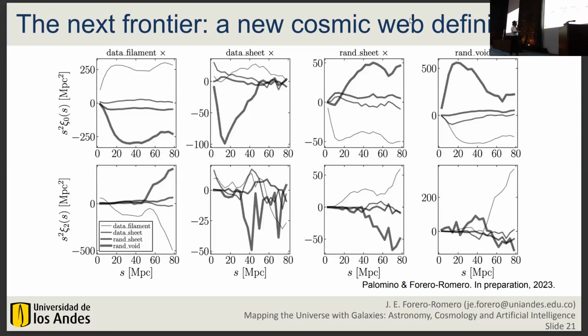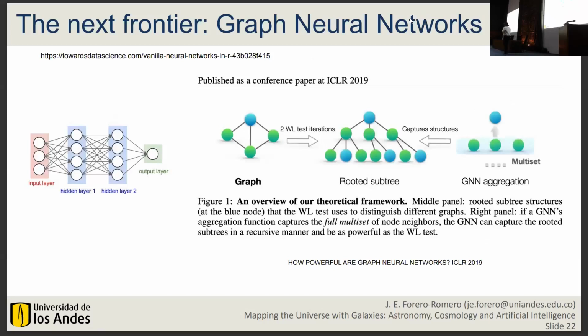But the interesting part is that this is very rich information that we're extracting, combining these two probes, the cosmic web classification and the correlation function, now the anisotropic correlation function. In the group, we love using graphs because they adapt naturally to the spatial structure of the data. So we are now combining neural networks that we have learned to love and use with graphs. This structure is called graph neural networks.